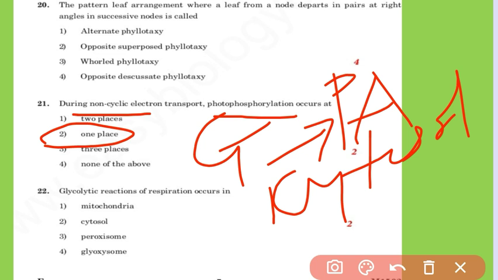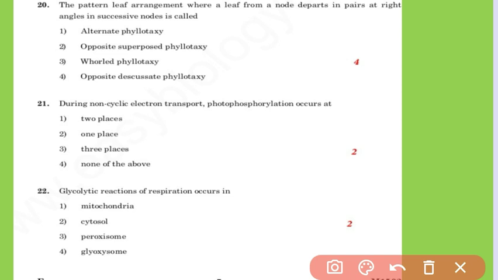The peroxisomes are responsible for the breakdown of hydrogen peroxide or reactive oxygen species. Glycosome is where the glycolytic cycle occurs. So the answer of this question is the option second, that is cytosol. In the cytosol there is a glycolytic pathway, not cycle. Then the next question,